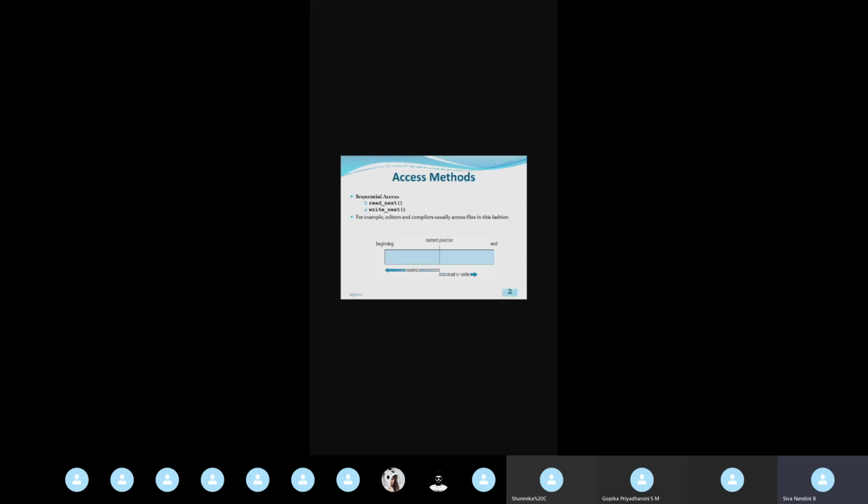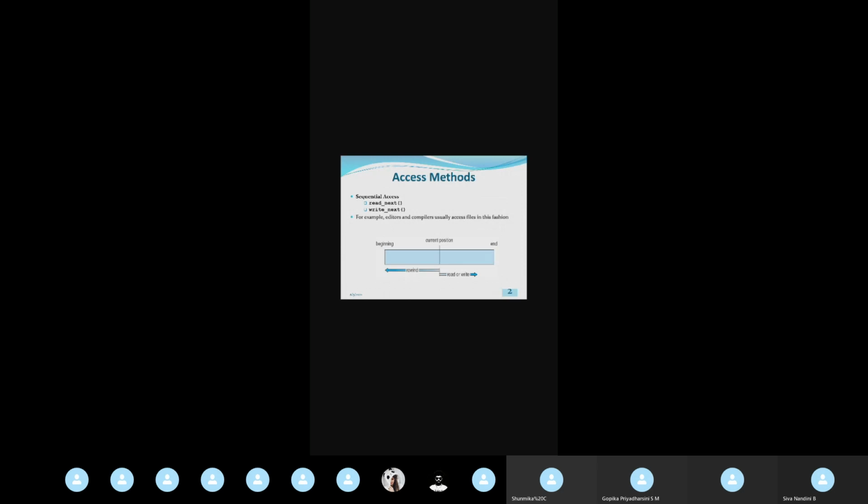See, that is explained here, on slide number 2, with the help of the image. In between we are having the current position. So we can go forward. Going forward, read and write can be done, from the current position to the end of the disk. This 53 is in between, as we may have locations from 0 to 200.